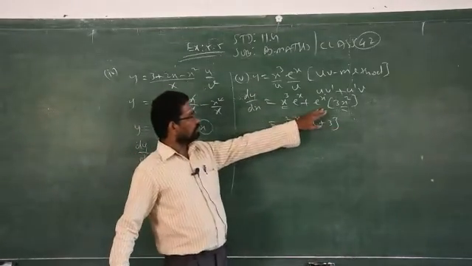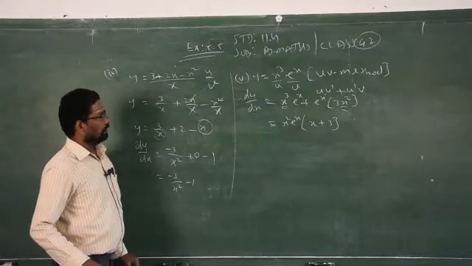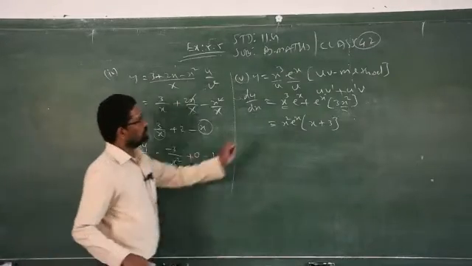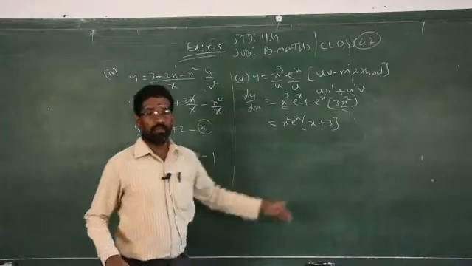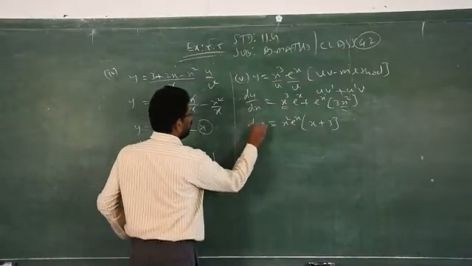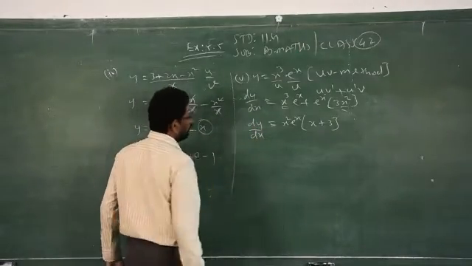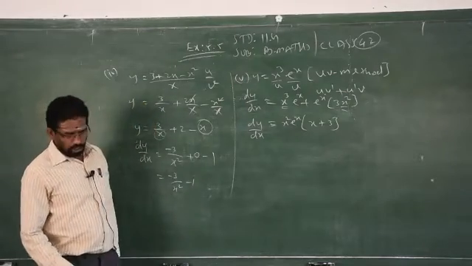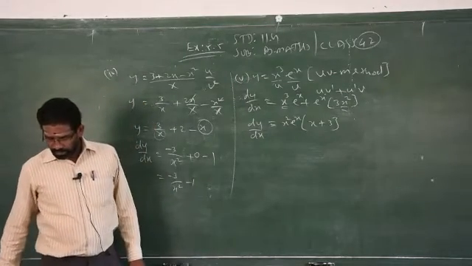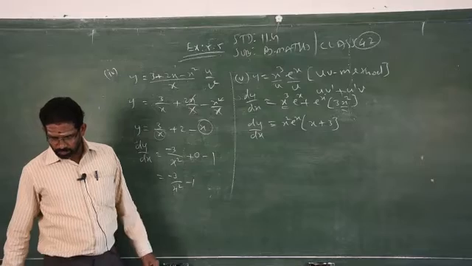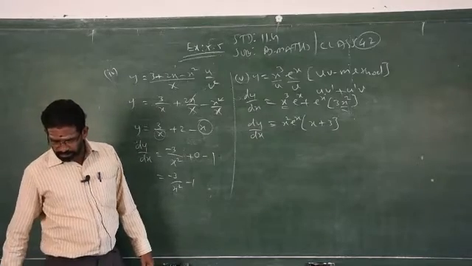You have to start to take the common factor of these two terms. That is very, very important. Simplify more. So dy by dx is equal to x square into e power x of x plus 3. In the same way, you can do sum number 6, that is homework. Now we will go to sum number 7.